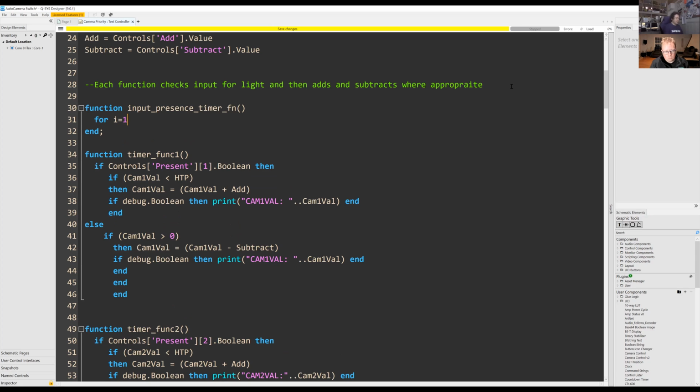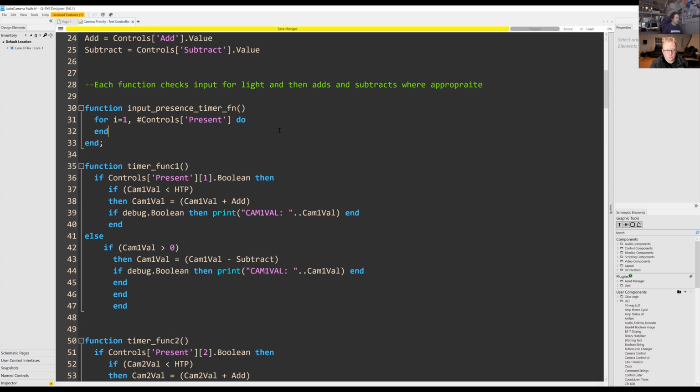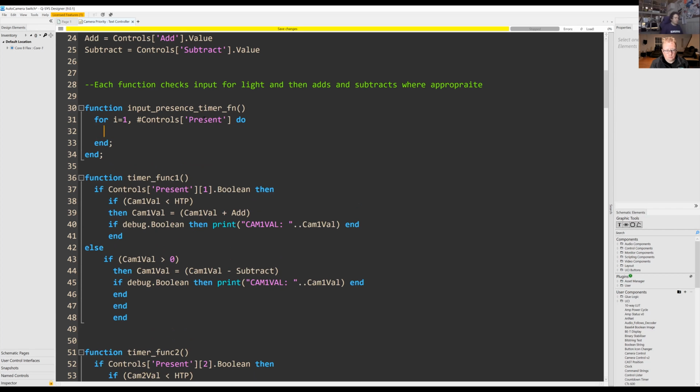So again, for i equals 1 to the number of controls. In this case, we're doing present. There isn't much difference between these two syntaxes, by the way, controls.present and controls brackets present, other than that the brackets will let you do things like put spaces in here, which obviously you couldn't with a dot. So the dot is what we call syntactic sugar. It's a little linguistic shortcut for saying the same thing a bit quicker. So we've made our loop there for the number of controls, the number of present controls, and